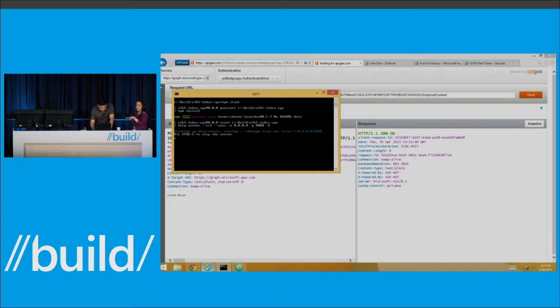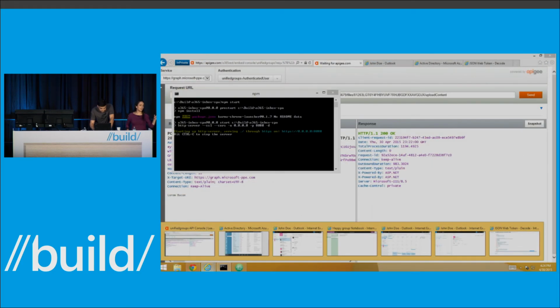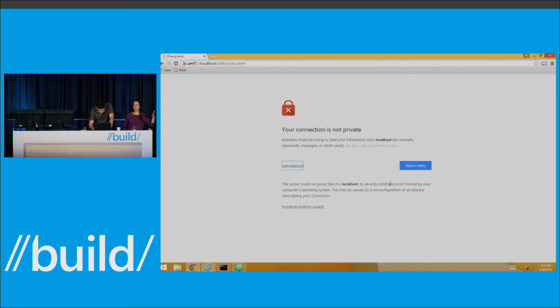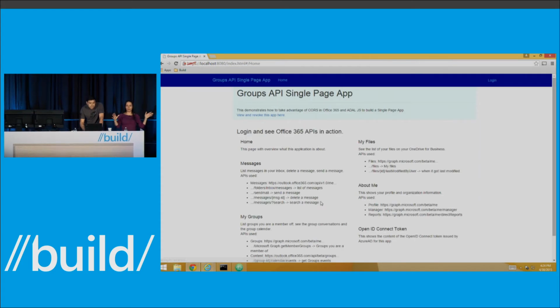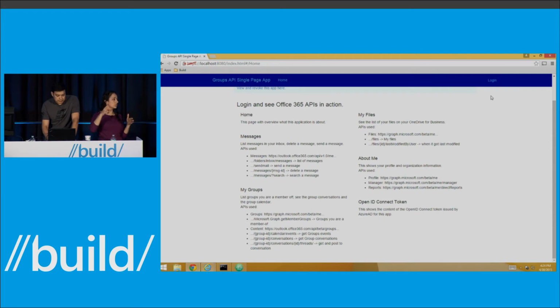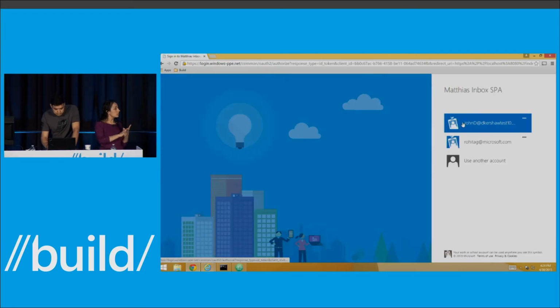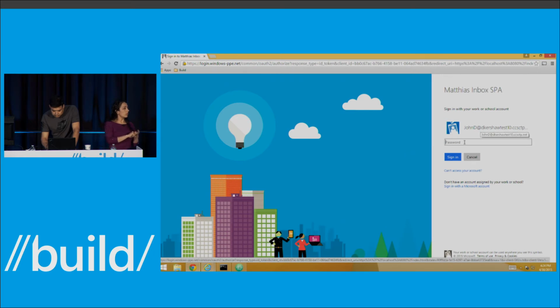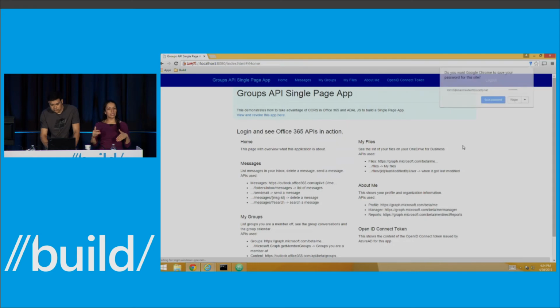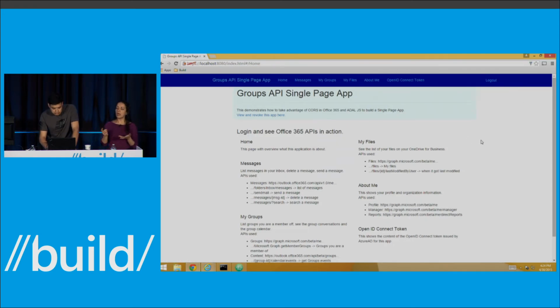Previously for this app, we went through the app registration portal in Azure Active Directory and went through the flow. If you were here yesterday at the session that Rob Howard gave, he showed a little bit of what you do to go to the portal, create a new application, and select a couple of things around the redirect URL, configure whether you want to do single sign-on with the app, and the permission scopes that you want to select. For this particular case, in order to access the group APIs, you go and select Office 365 Unified APIs